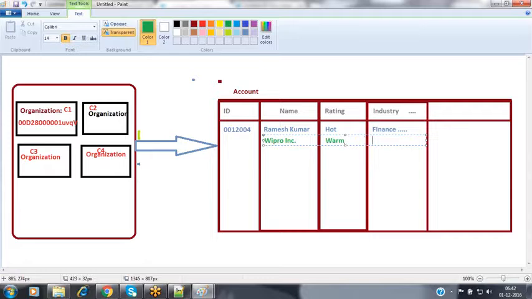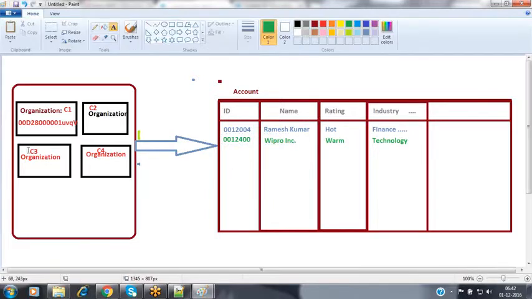The industry is some technology. This belongs to the industry technology because they're offering technical and software services to their customers. For this account record, Salesforce has allocated one unique identification number, which starts with 001. Assume that this is some 2400.